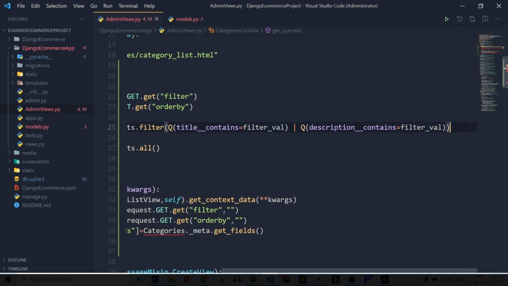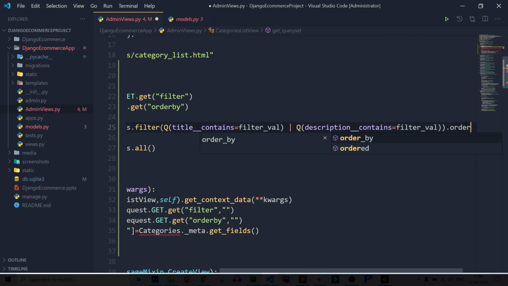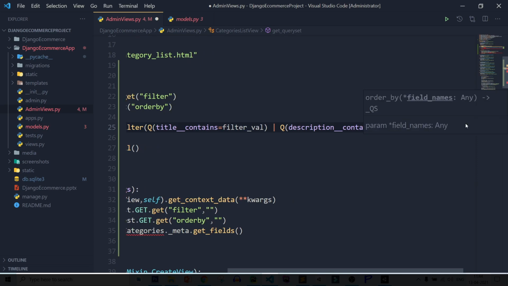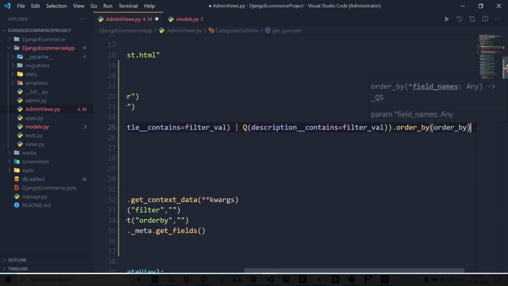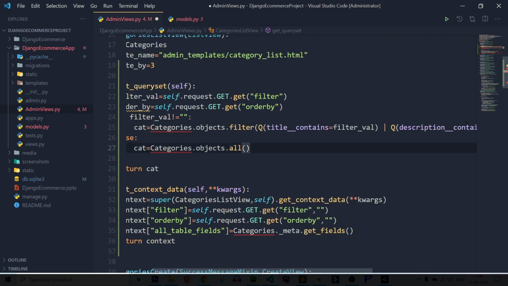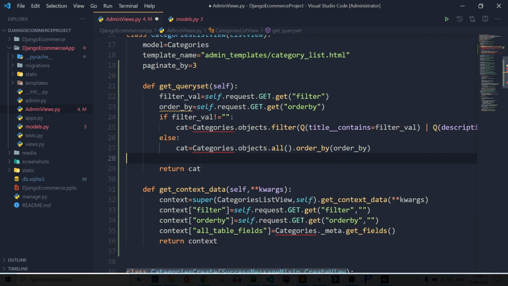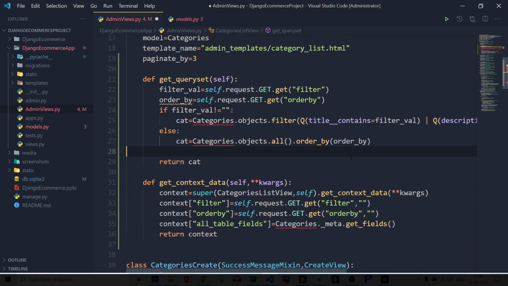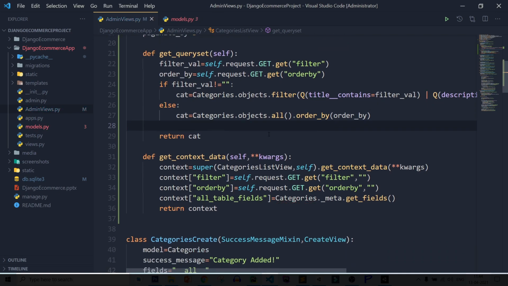So dot order by, pass the order by key name, and again copy it and paste it here. After that, here our filter is done, order is done, and page number has been set. After that, save this file and let's work on our template.